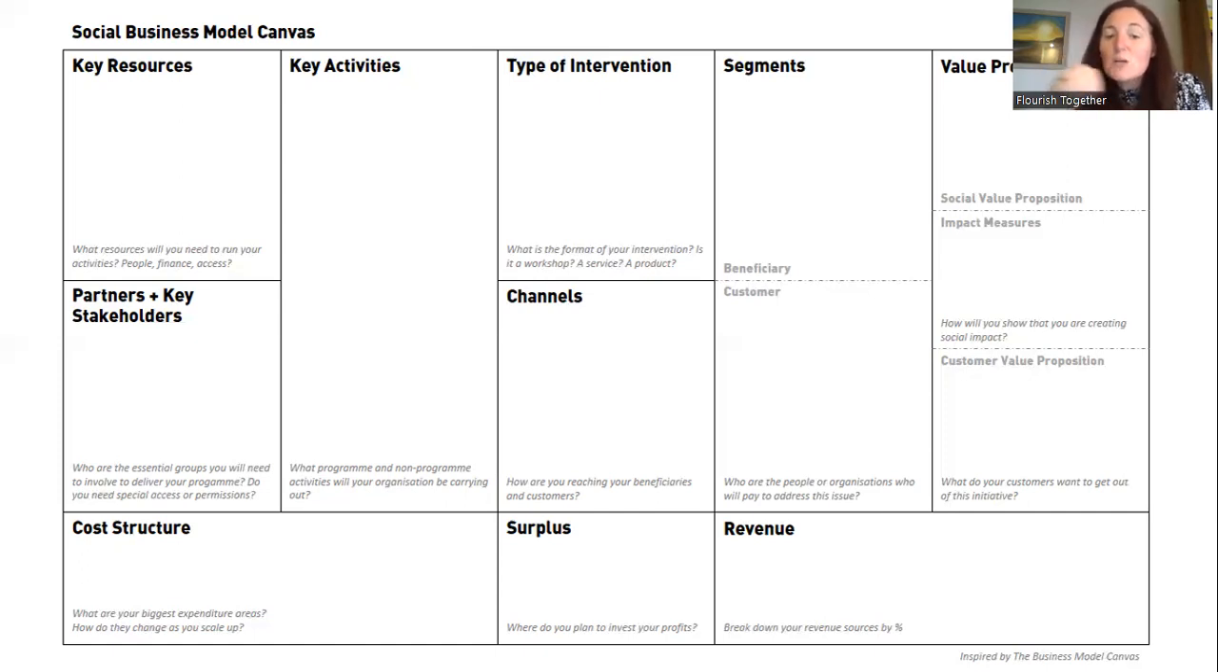There's a channel to communicate and reach your beneficiaries, and there's a channel to communicate and reach your customers. People don't always think of that at the outset, and it sounds like a lot of stuff, but it all happens in its own good time. And so long as you're aware that your beneficiaries might need talking to, communicating with, or reaching in a different way to your customers, or vice versa, then you can start to plan that in